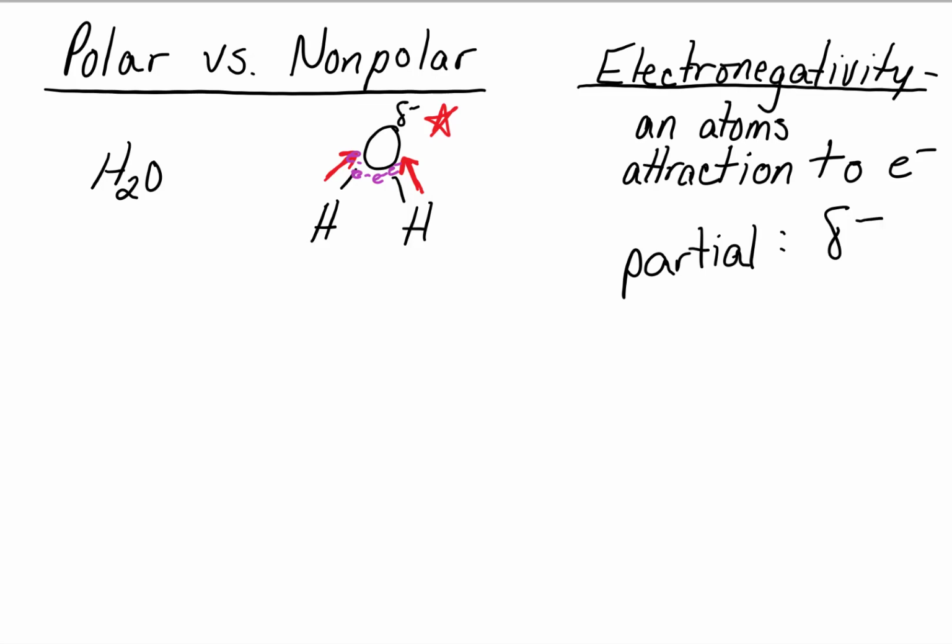So this is partially negative. That's what we're saying here. And as a consequence, because these two electrons are spending more time near the atomic nucleus of oxygen with their negative charge, giving oxygen a partial negative charge, hydrogen is going to get a partial positive charge because those two electrons are spending their time farther away from the atomic nucleus of hydrogen. And this is what causes polarity, kind of an unequal distribution of those shared electrons between the atoms that are